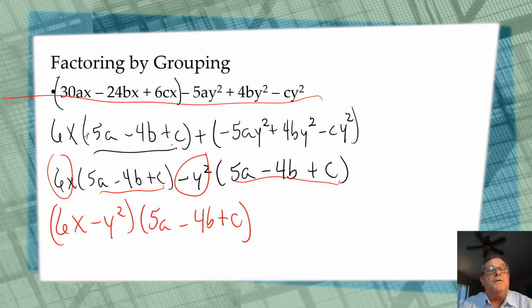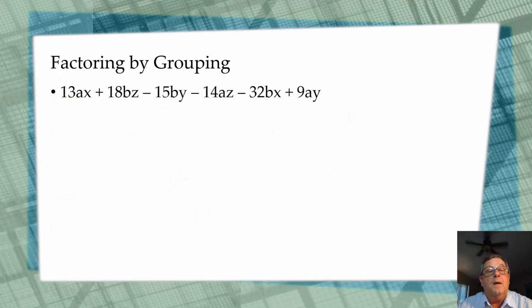I'm not going to do it on this video because of the time factor, because I want to look at another 6-term polynomial to see if, and if's a word, because not always can I factor by grouping a polynomial of 4 or more terms. All right, here's another 6-term polynomial. 13ax plus 15bz minus 15by minus